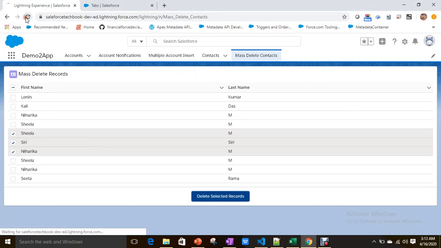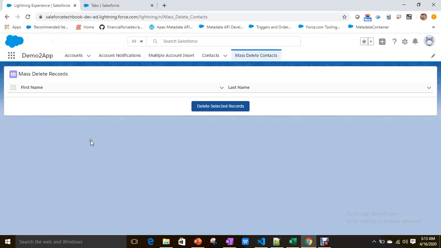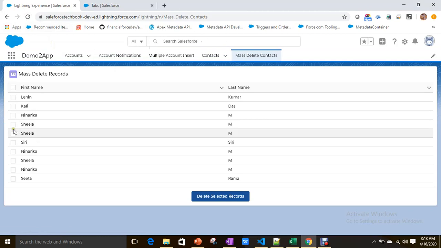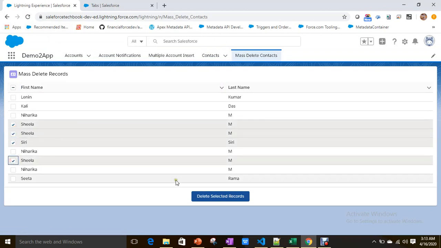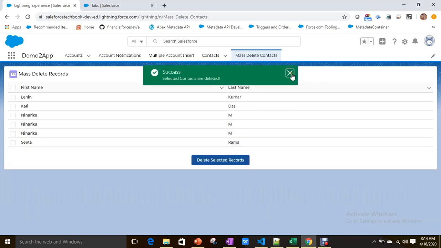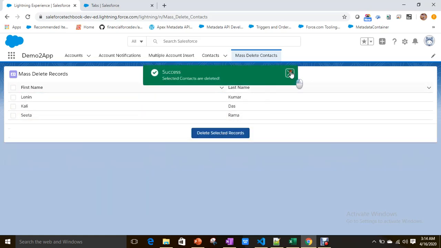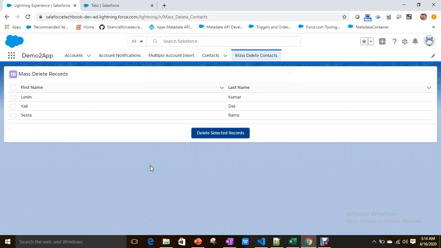Reloading the page. Okay, see, and a lot of names are there with the Niharika removing. Simply, this is how you can do it. If you go to